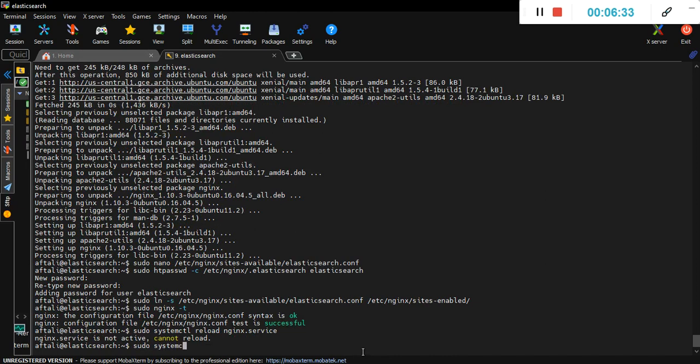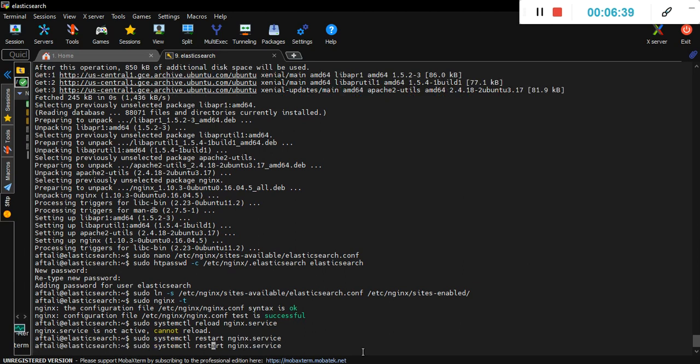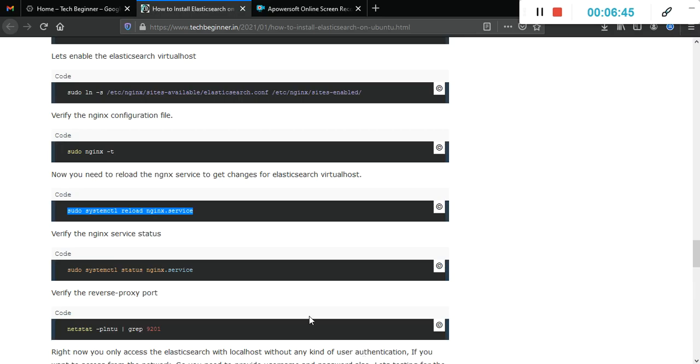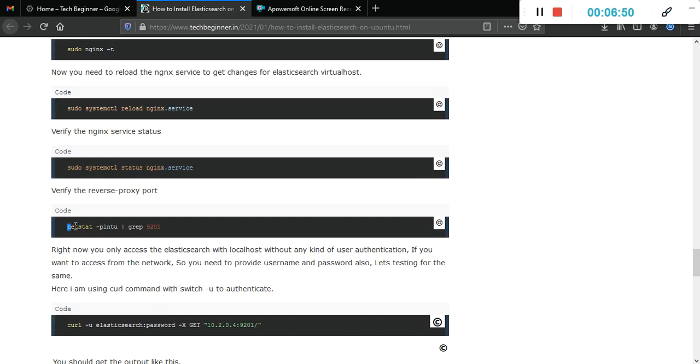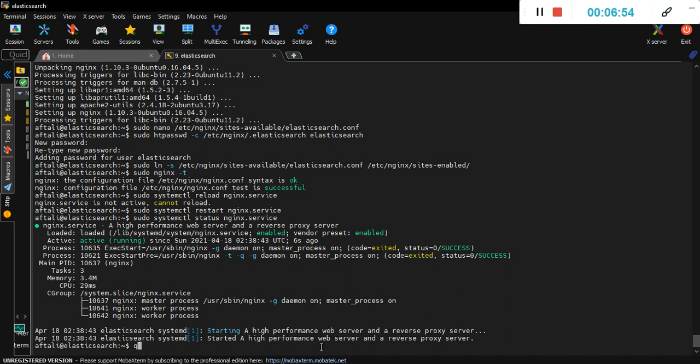Okay, let's restart it. So we need to use restart here and see the status. It is running fine. And after that we need to check whether our port is working with nginx or not. So we need to use the netstat command.